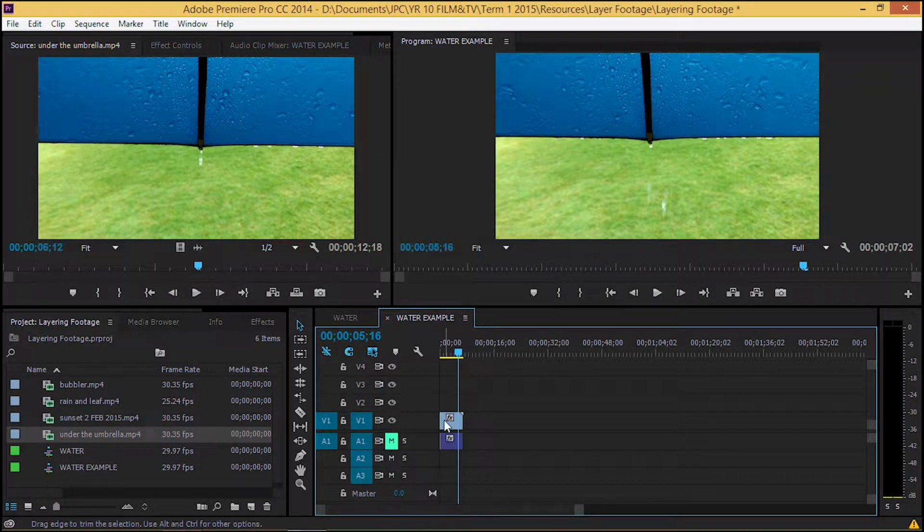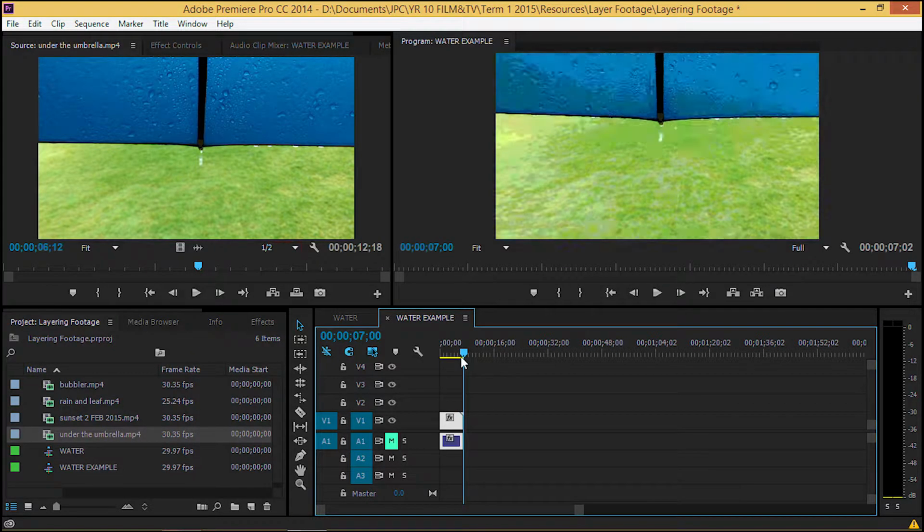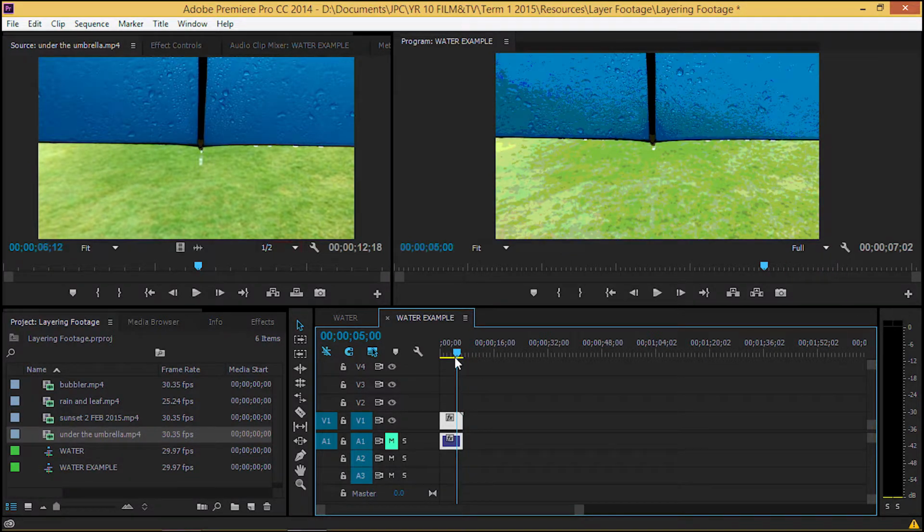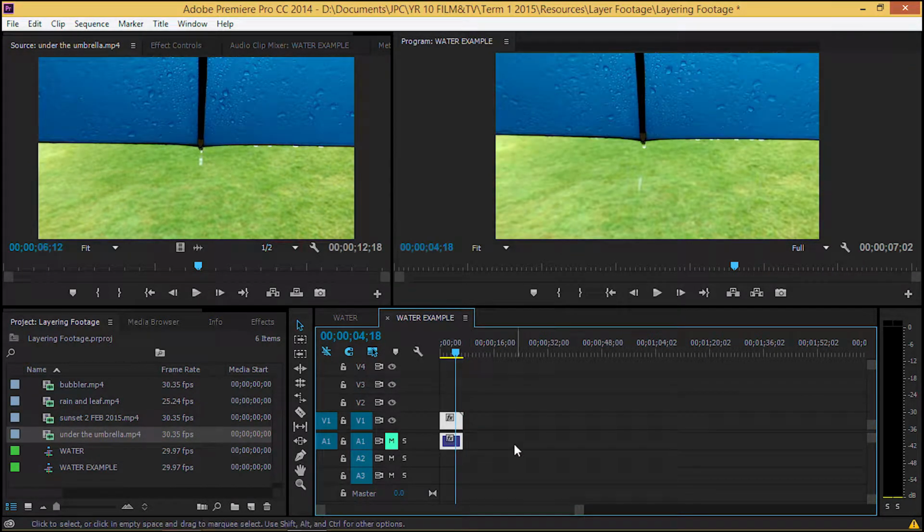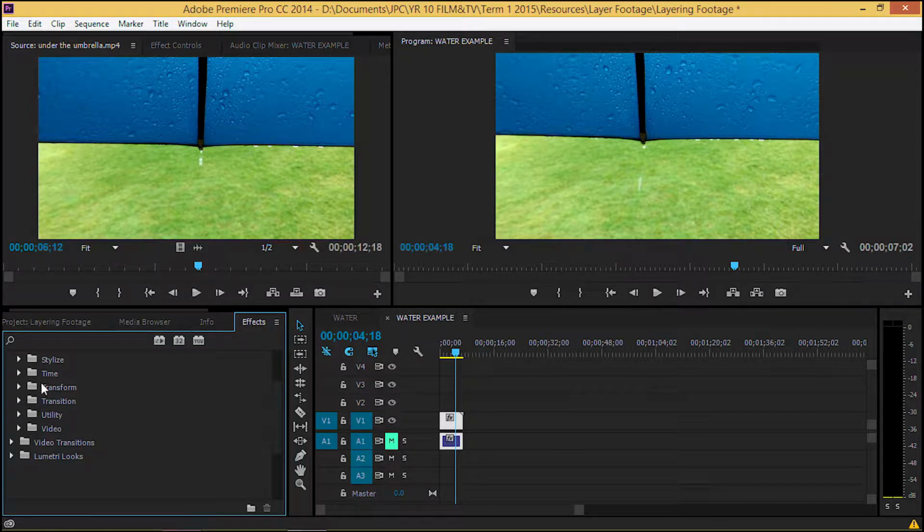The first thing that I want to actually do here is click on this, and I want to make this go for the 15 seconds. So what I want to do to make that look sweet is actually extend the whole clip to be 15 seconds. And to add that, I'm going to add a little effect to this clip as well. I'm going to remap the time. I'm going to go to Effects. I'm going to choose my